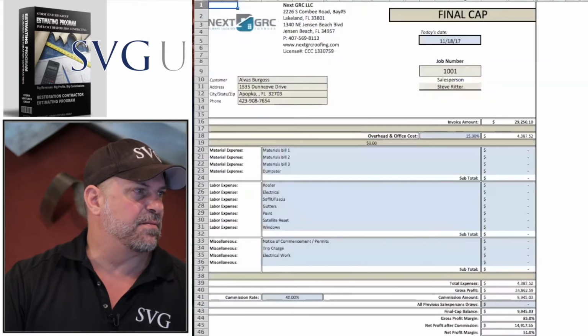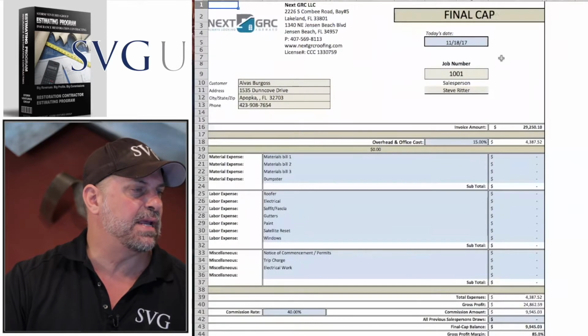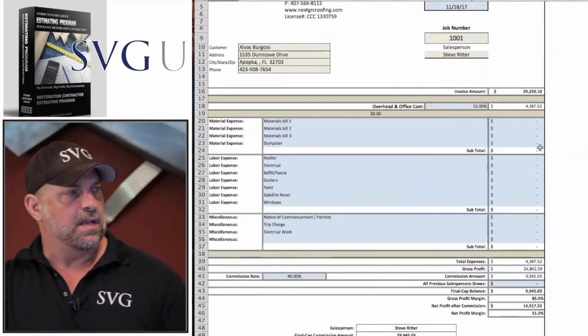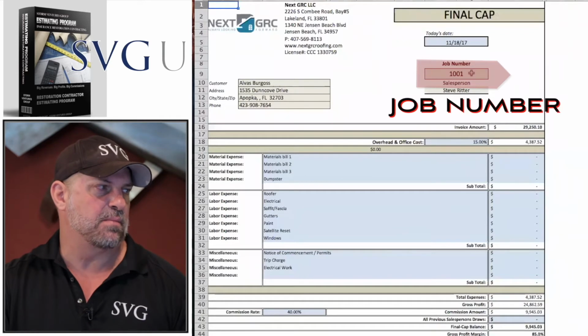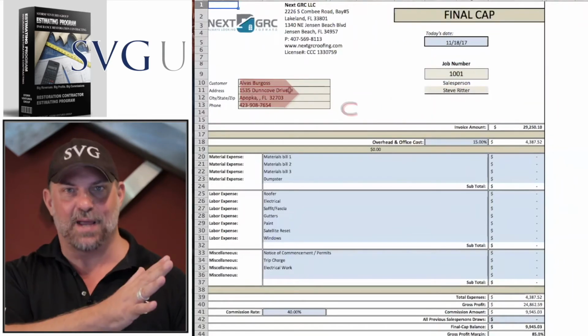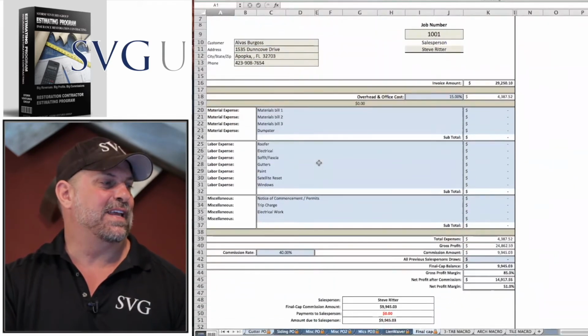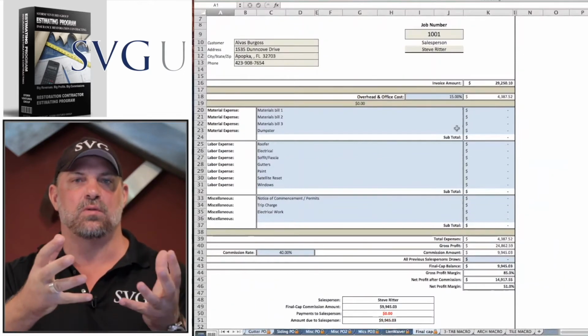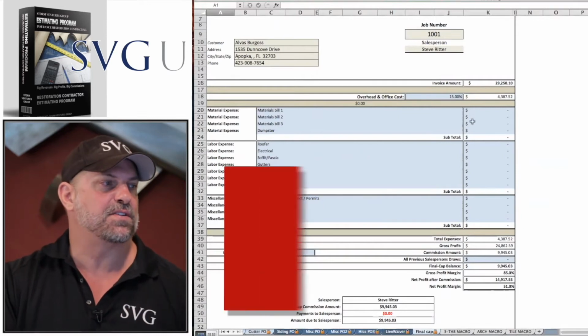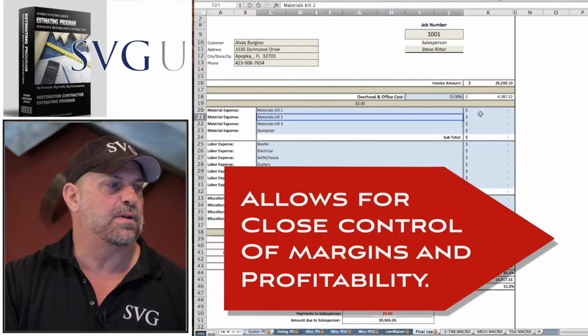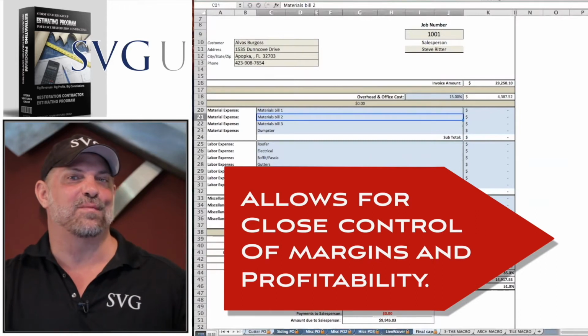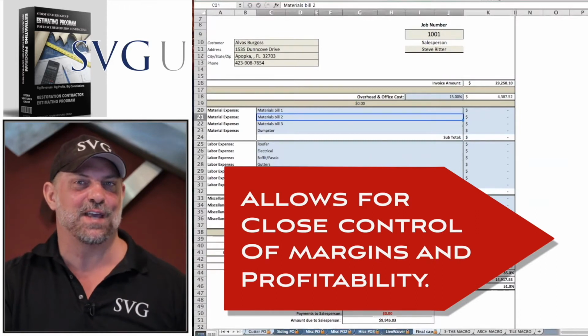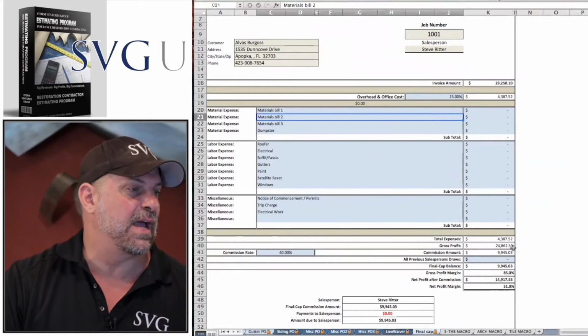And then we got ultimately the final cap. The final cap is how we all get paid. Finally, the salesman's getting paid. That's the final check collection. And this is pulled in the job number, again, the customer information from the first page, where we entered the data entry. And all your AR manager or whoever's in that QuickBooks that's taking the actual labor and material bills that happened after they assess the final outcome of the job, they enter them in the blue fields here, and hopefully that profit margin beat the pre-cap. That was your guesstimate. This is your final cap,